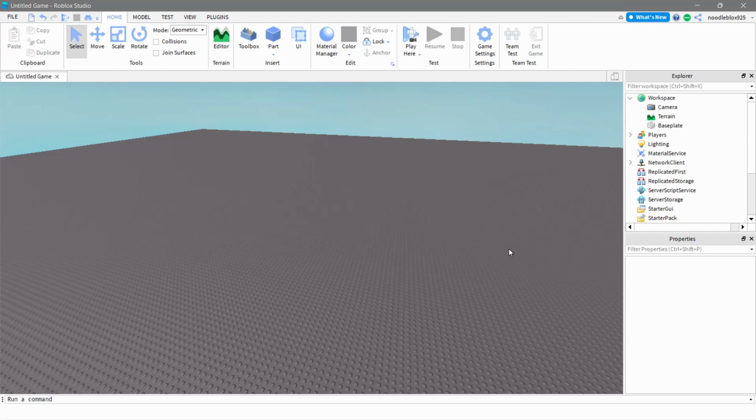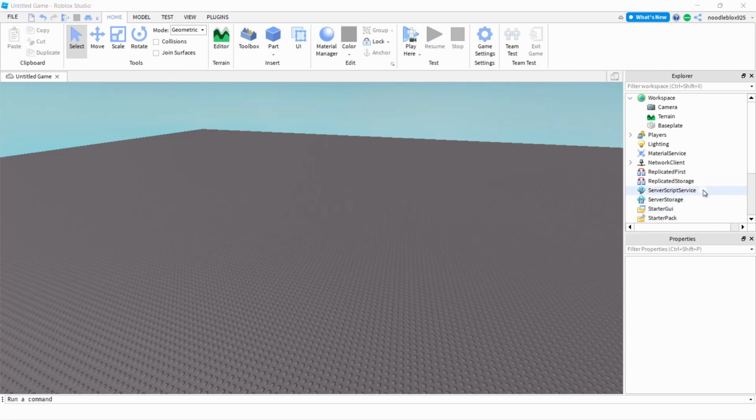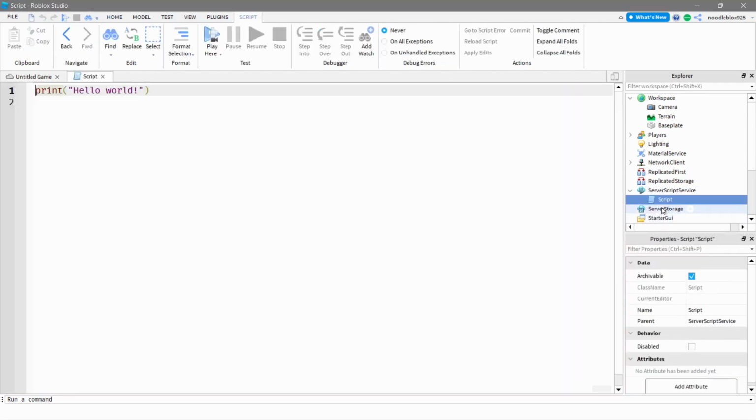So, let's get started. First off, we are going to start making our leaderboard. What you're gonna have to do is click the plus in the server script service, insert a script. I'm gonna rename mine to Leaderboard script. Actually, I'm gonna call it Leader Stats because that's the original name. Okay, now once you have that, I'm going to clear print hello world,